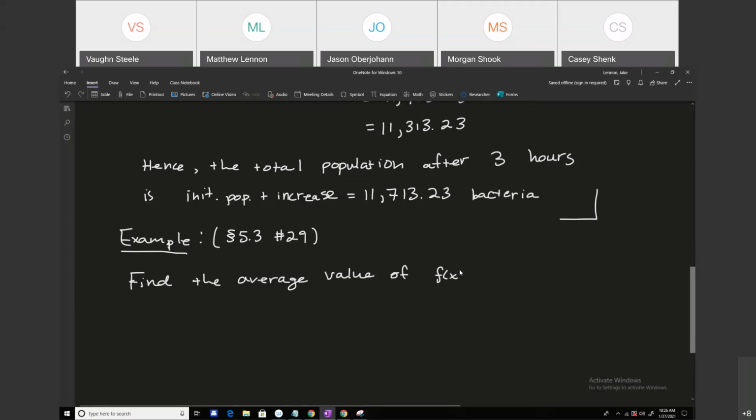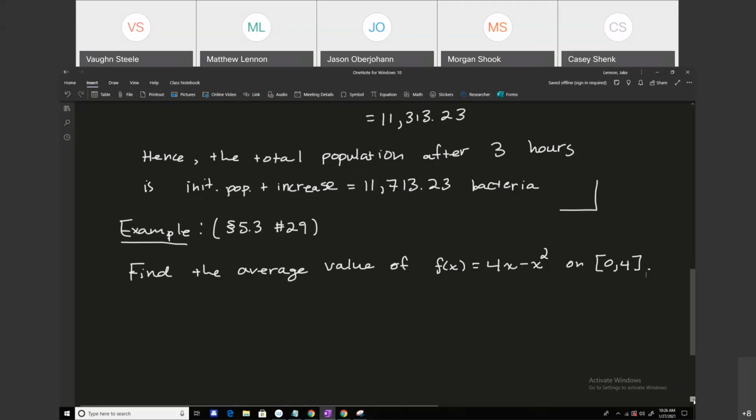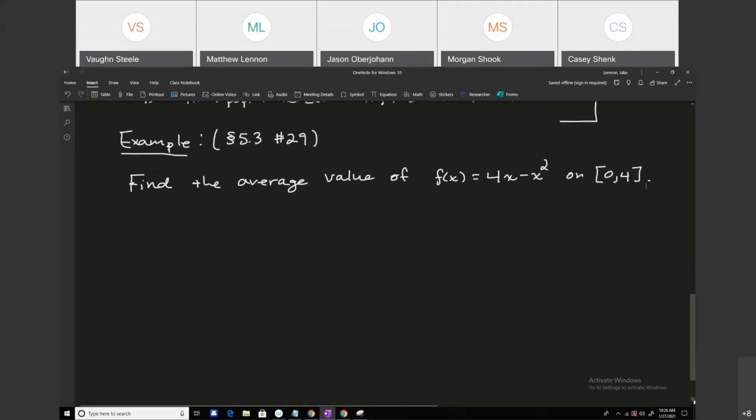F of x equals 4x minus x squared on 0 to 4. So let's go ahead and do the steps. Remember, this is the one where we have to integrate, but we also have to do that 1 over b minus a in front of the integral. So here we have the average value